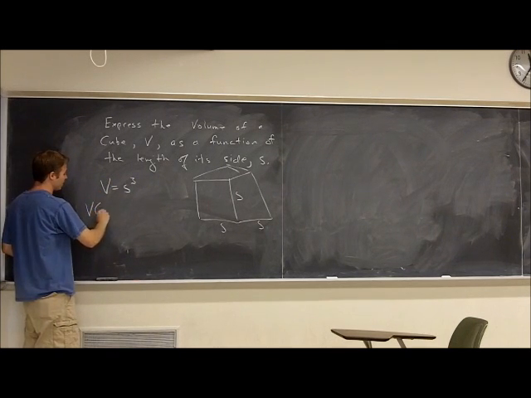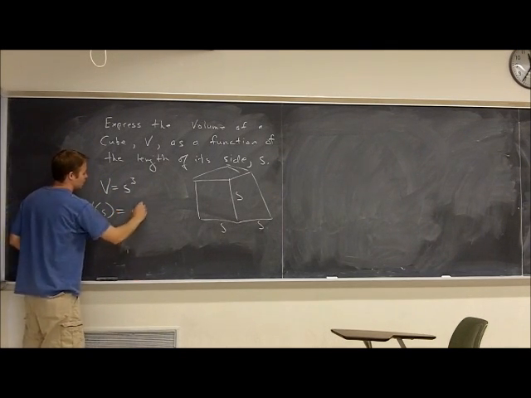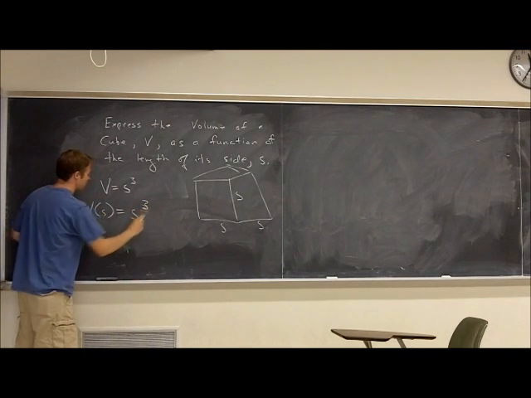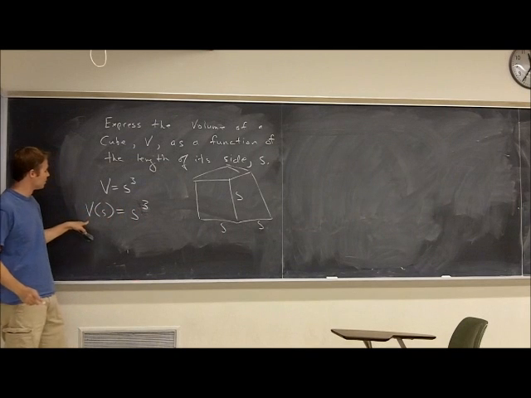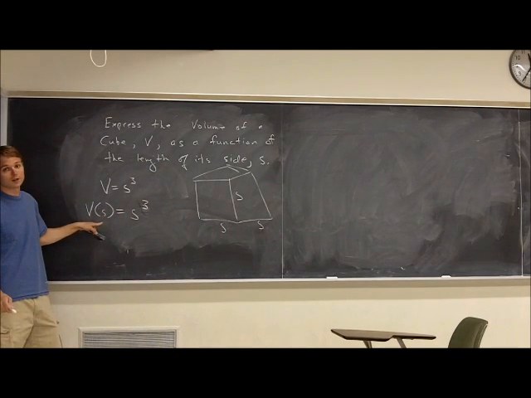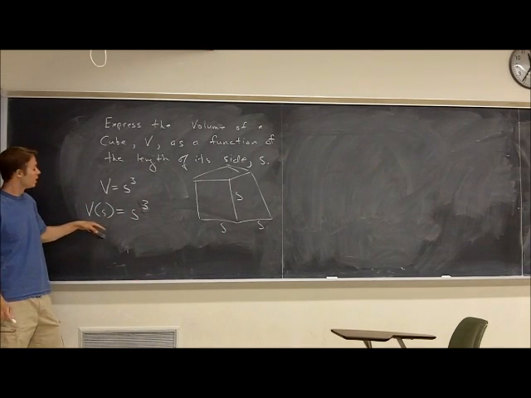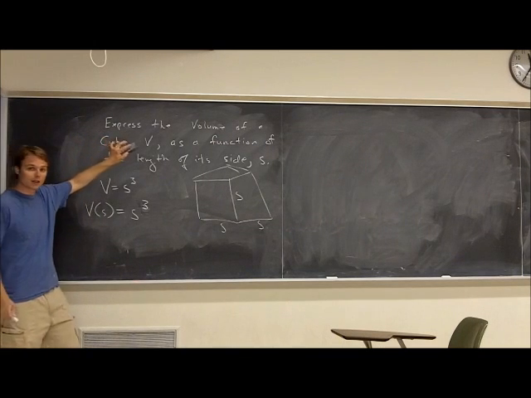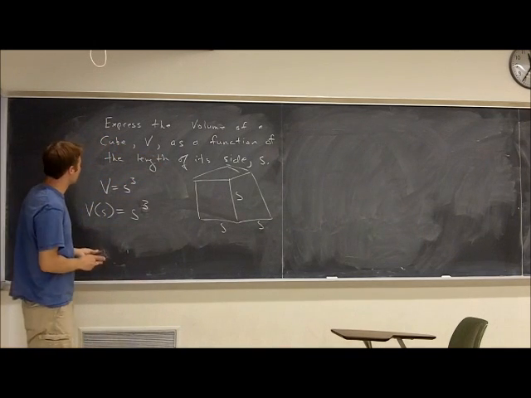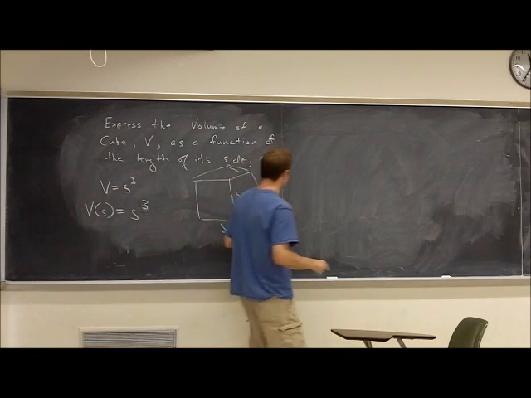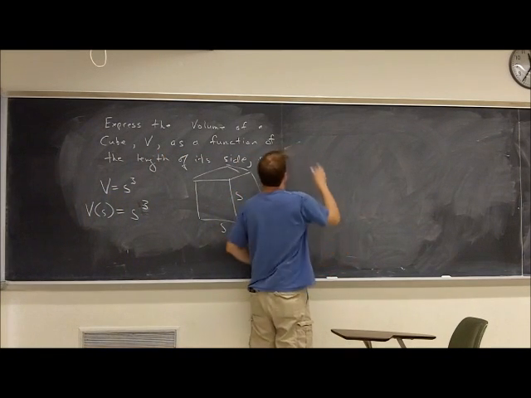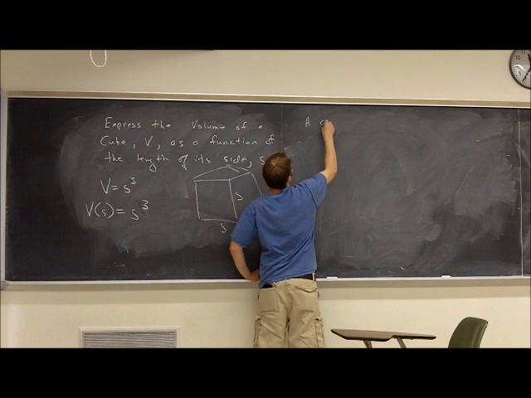And actually maybe a better way to write this would be V of S is equal to S cubed. This is saying that the volume is a function of the lengths of the sides of the cube. So this is a common way that you would take this and put it into more of a real-world application. Something else we could do is say that there's a company